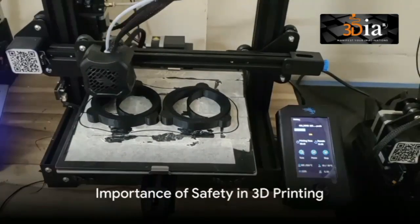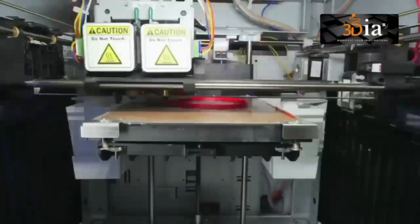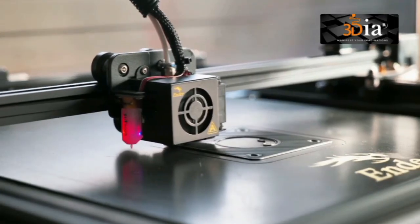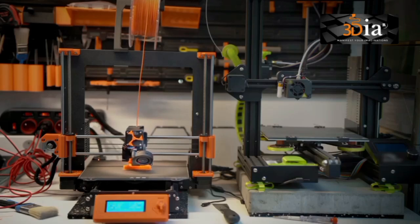So, what have we learned today? Firstly, thermal runaway is a major cause of 3D printer fires, as are faulty wiring and the use of flammable materials. And let's not forget the importance of supervision. With these points in mind, you can take steps to ensure your 3D printing experience is not only innovative and